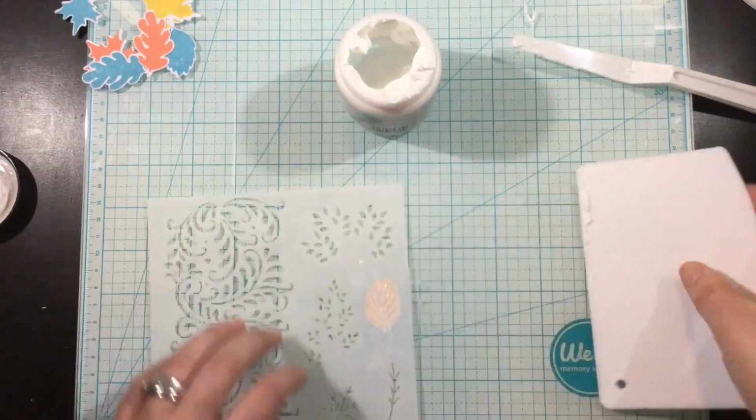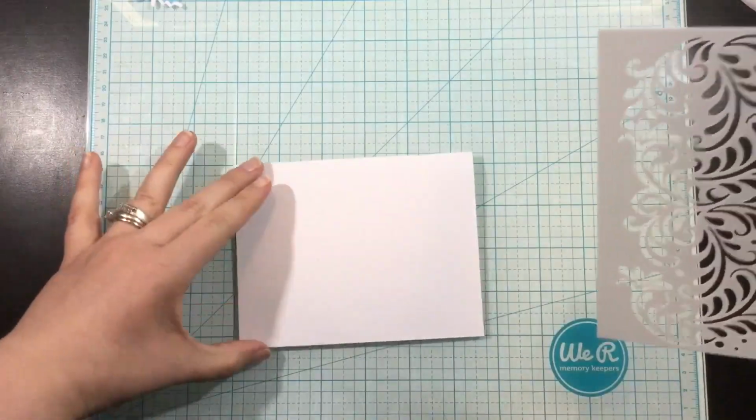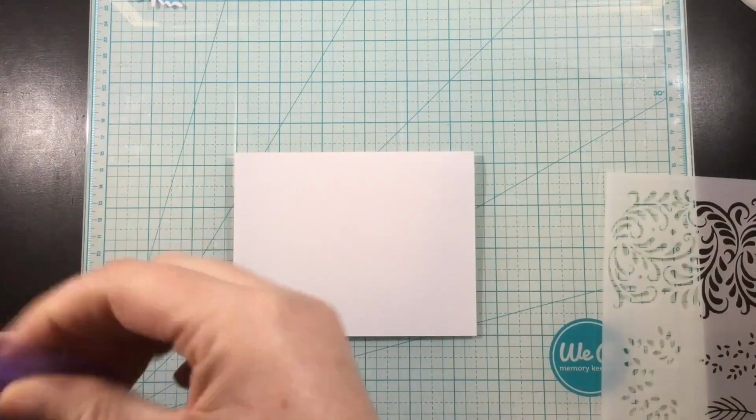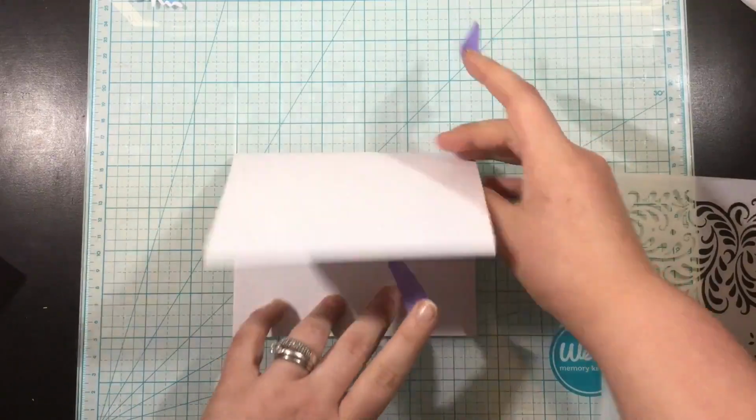So I'm just showing you this a couple of times so you can see how easy it is, and I quickly did all of these little pieces in about 5 minutes, and I just set them aside to dry for an hour or two. I moved on to my actual background of my card, so I have a standard A2 size card base,